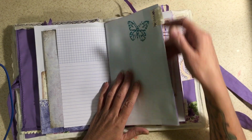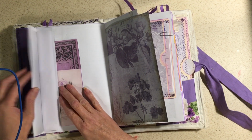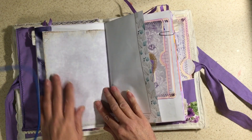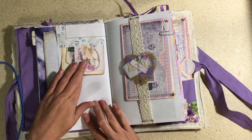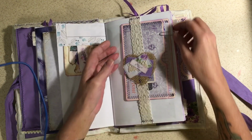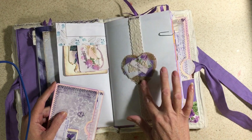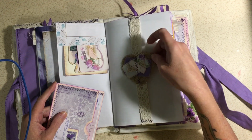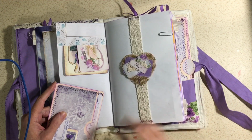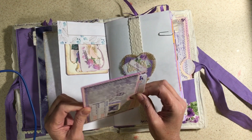Here's one of my fabric tabs. Here's one of my flip-flops. And it's got a pocket, so I just put 2 journaling cards in there. Journaling cards. There's another one of my... Okay, this is the guest check thing. And here is, we needed something frayed. So that's what I did. I frayed all the burlap, and the material's frayed. And this is what I did for my guest check and my index